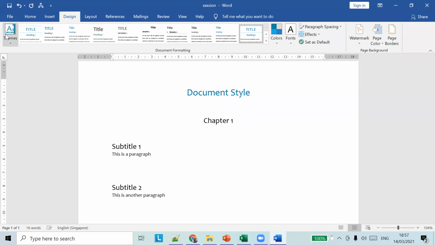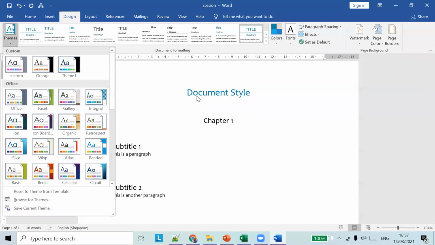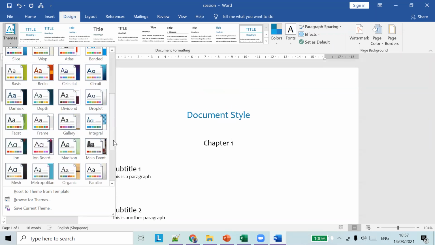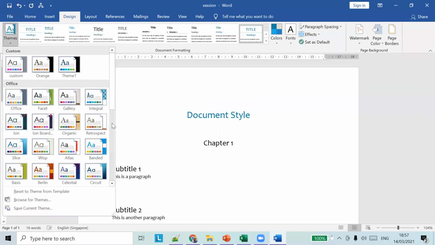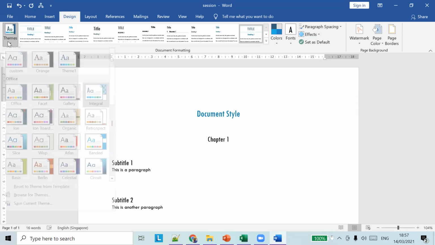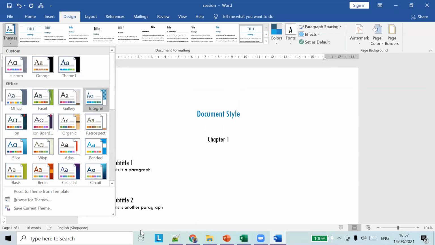I forgot the name. Let's say the Integral theme is applied. I can remove the theme from this option. There is an option called Reset to Theme from Template under the Design tab, in the themes group.